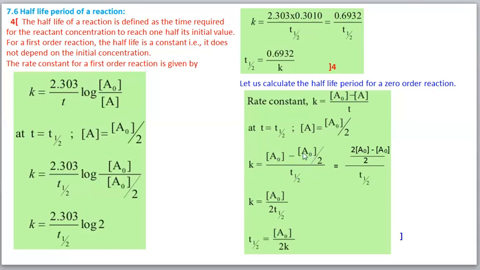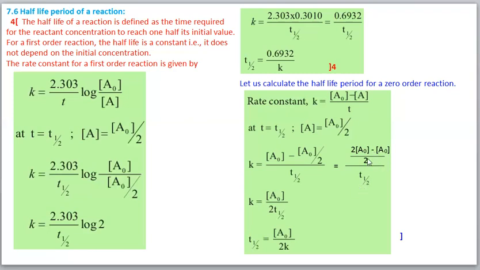Then here you see, this is a fraction. So we can take the LCM for these two numbers. The LCM is this 2 only. Okay. So with the LCM, we can multiply this number. So we'll get 2 into A0, the initial concentration. Okay. 2 into A0 minus this A0 by 2, we can multiply with the 2. So 2 and 2 cancel. So we'll get 2A0 written here. Okay. Then this is the numerator value. The denominator value is T half.